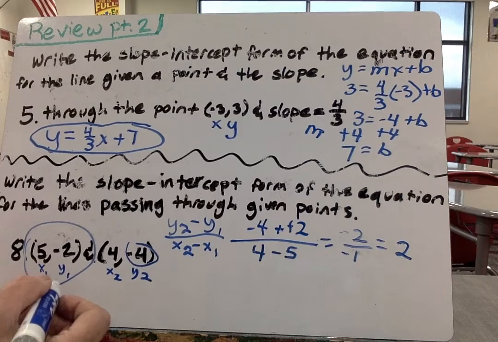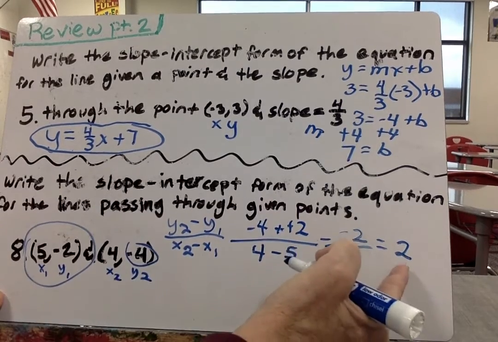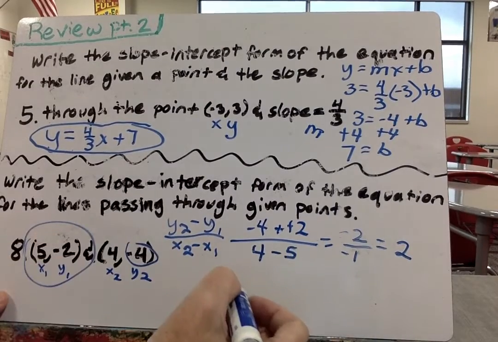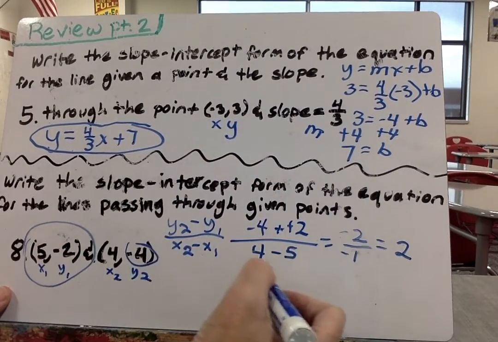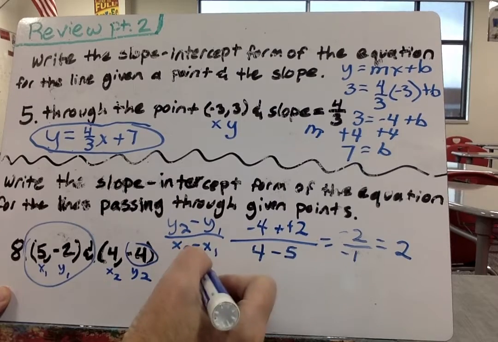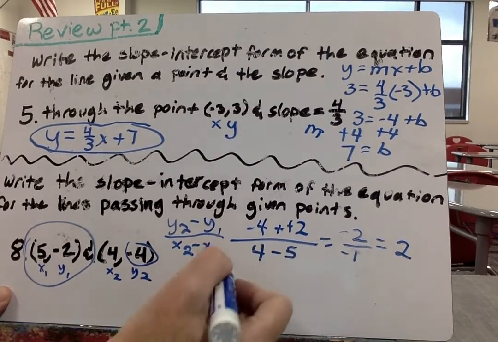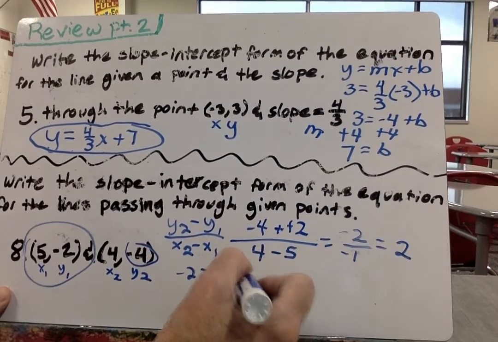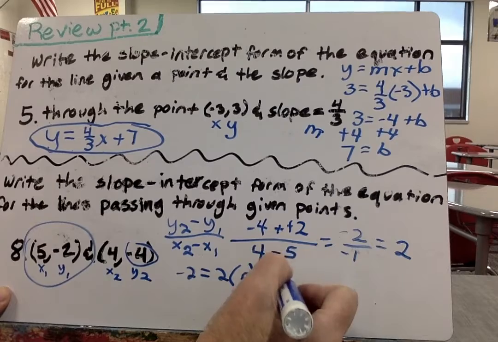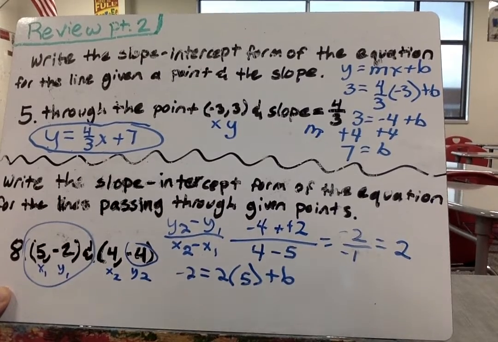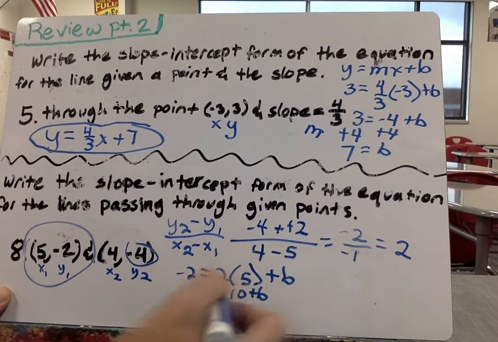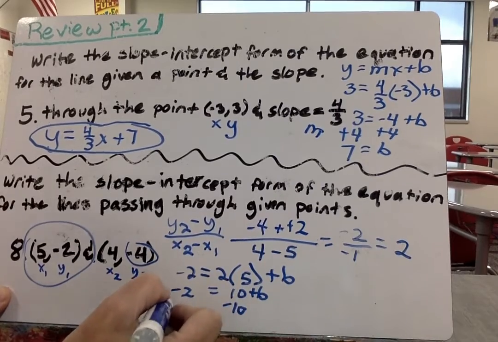And then we have our slope and our x and our y, so then we just have to solve for b. So we pick this point, so I'm going to say y, which is negative 2, equals m, which is 2, x, which is 5, plus b. And I'm solving for b at this point. Then I say 10 plus b equals negative 2, and I subtract 10 from both sides, and I'm getting pretty